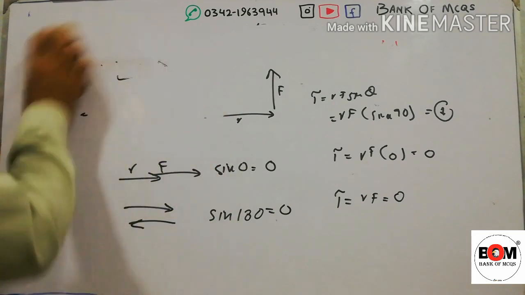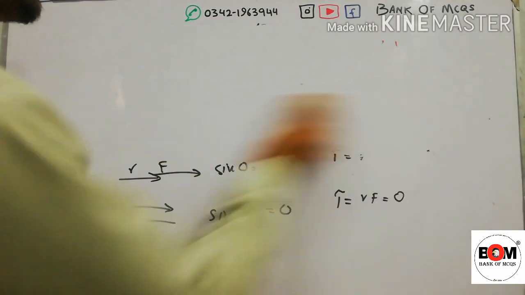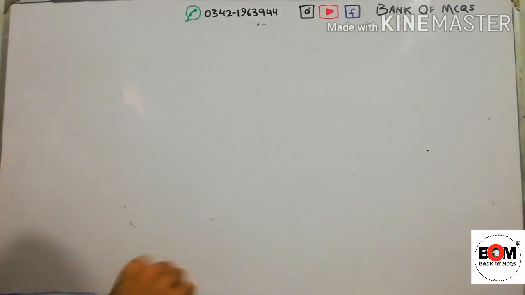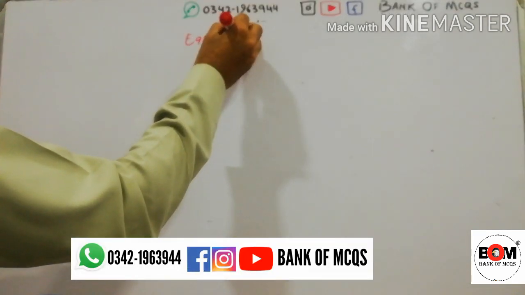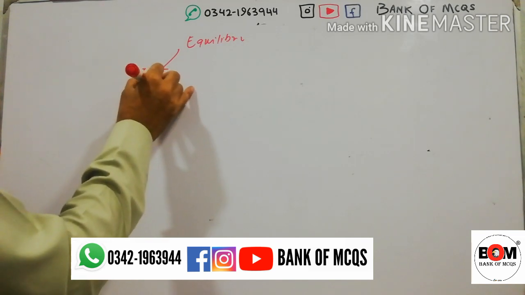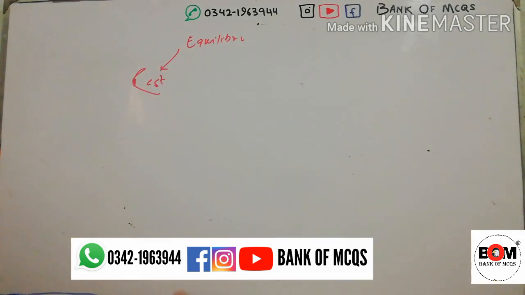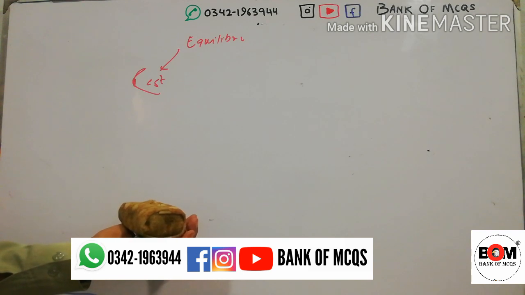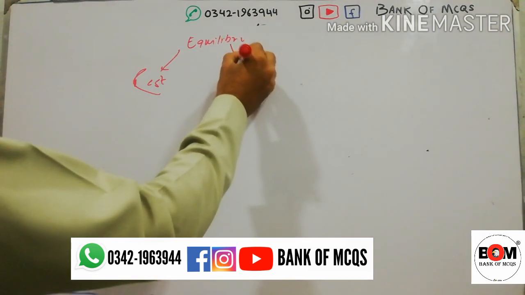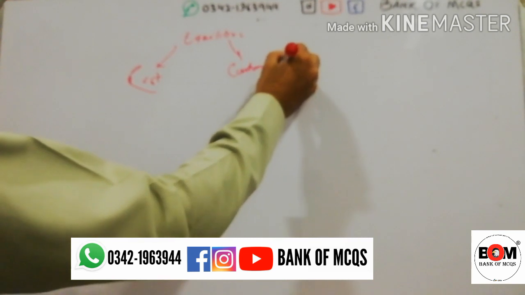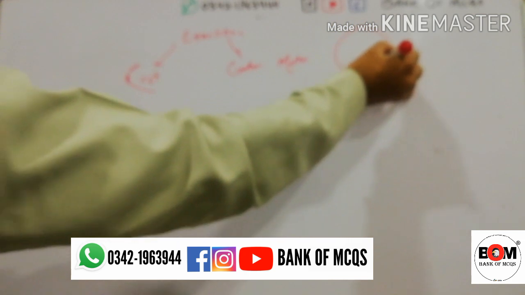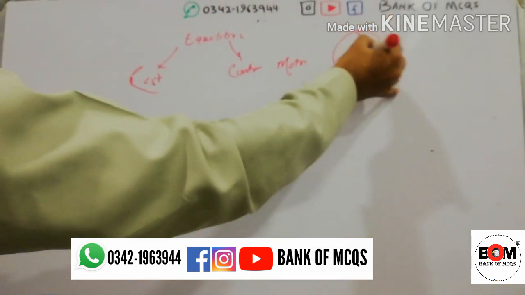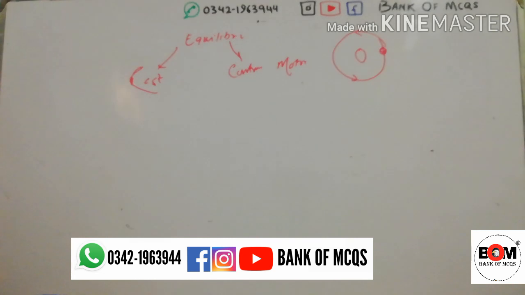The next is equilibrium. That is an easy topic of class 10th. For a body to be in equilibrium, there are two states. Either it is in a state of rest, so if this duster is lying, it is at rest. The other is motion. If a body is in continuous motion, we can say that it is in equilibrium. As the earth moves around the sun continuously, we can say that the earth is in equilibrium.